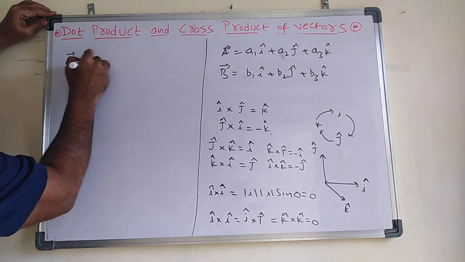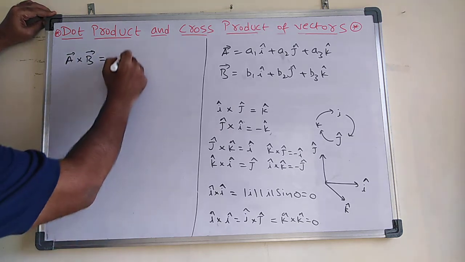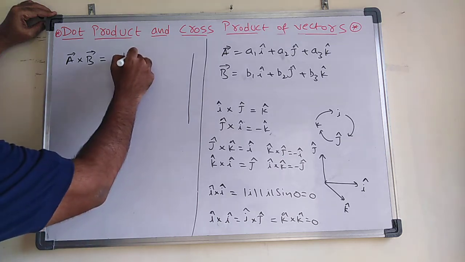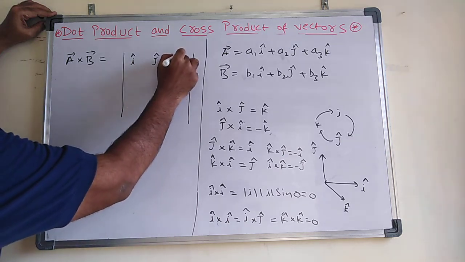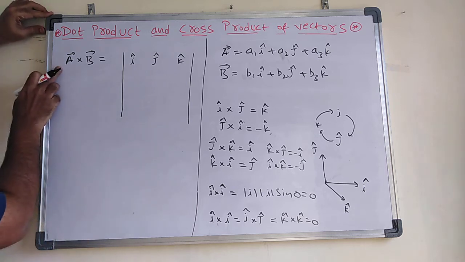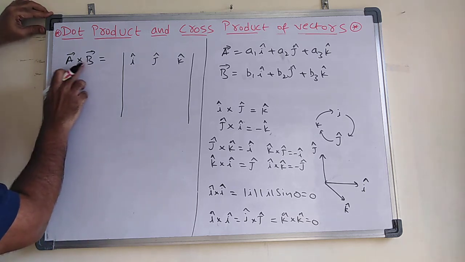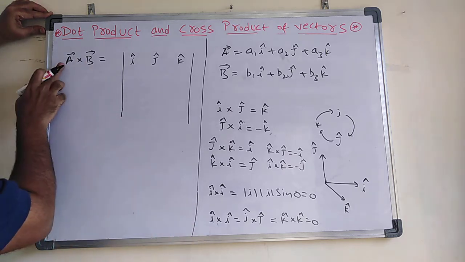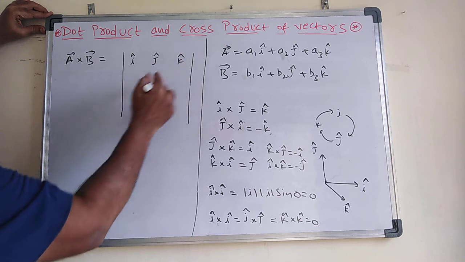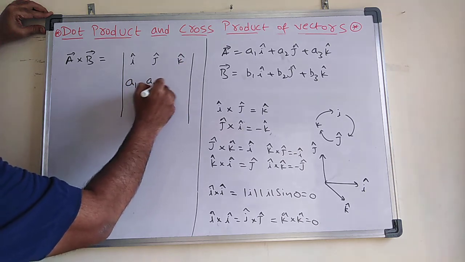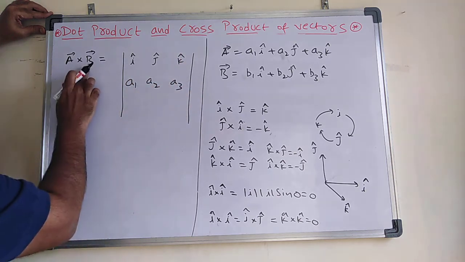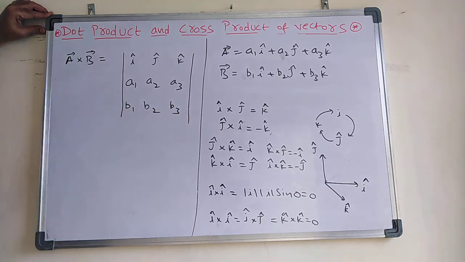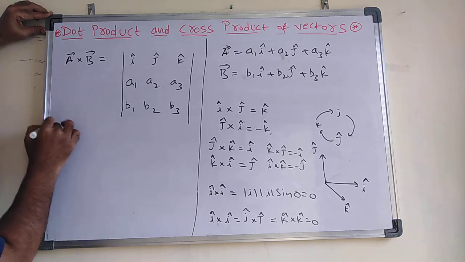Suppose I have to do a cross b. The first thing we have to do is write the determinant. First write down i, j and k cap. Please follow the order, and see whether they are asking a cross b or b cross a. They are asking a cross b, so first you write the a terms, a1, a2 and a3, then the b terms, b1, b2 and b3.